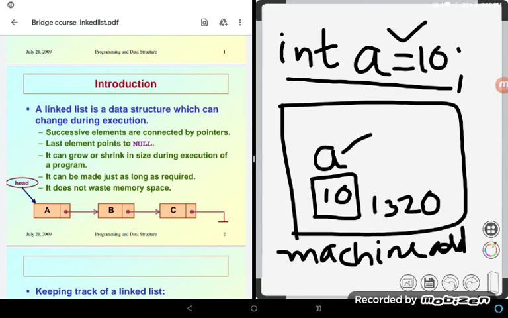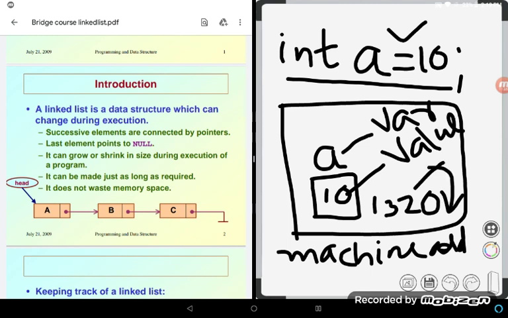This is the variable, this is the value, and this is the machine address. So it has three pieces of information: variable, value, and the machine address. I hope it is clear.